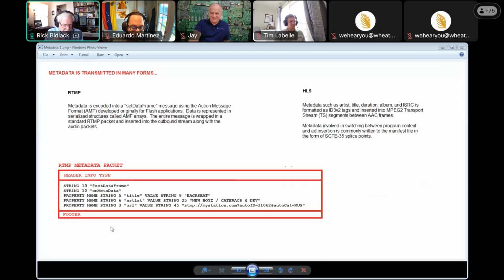And next we have the artist property and its value, a 25-character string. And notice now I can put actual spaces in this string because it's not going over the internet as an HTTP URL. It's going as digital data wrapped up into an internet packet. So I can have space characters in there, and I can also have the ampersand character in there. And then what is common in RTMP